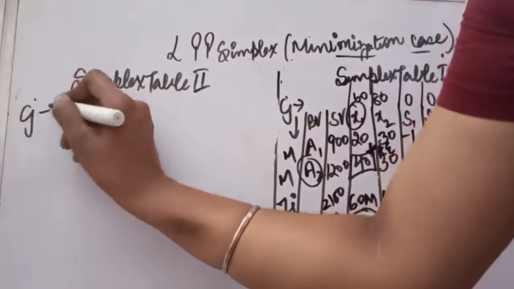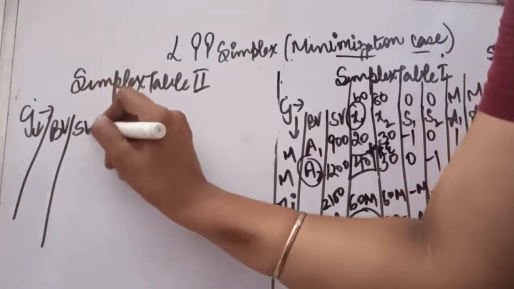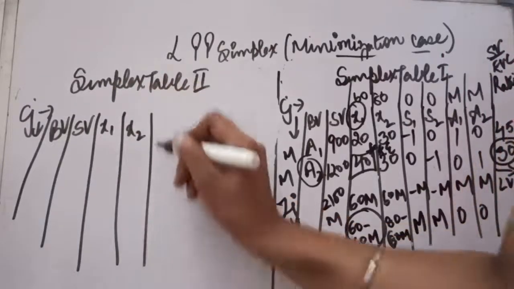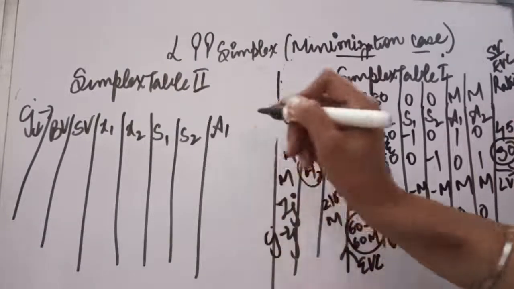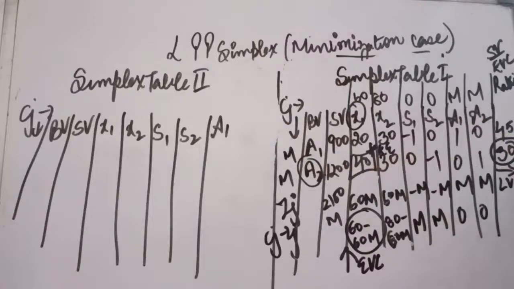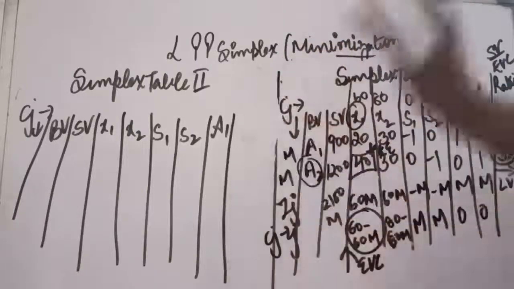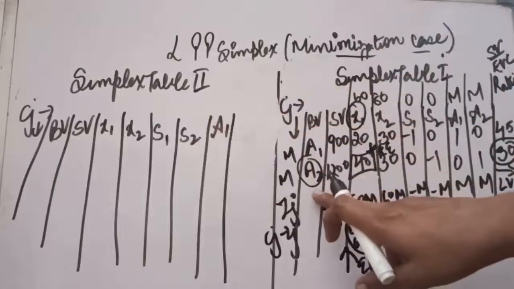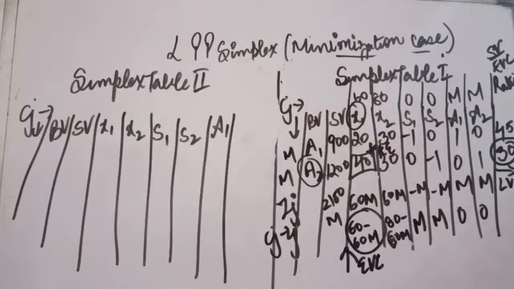We will start with the Cj, basic variable, solution value, x1, x2, s1, s2. Now one thing is important here, a1 and a2. Now a2 is leaving, we have seen from here, and x1 is entering. So if the a2 artificial variable is leaving, we need not prepare its column also, because artificial variables we have to throw as early as possible. So a2 has gone from here, it will go from here as well. So you need not make the a2 column also.